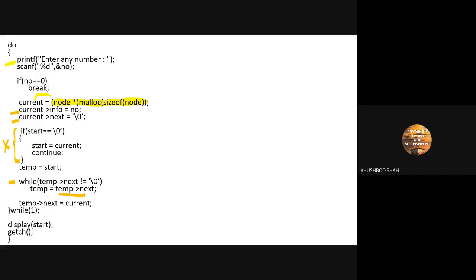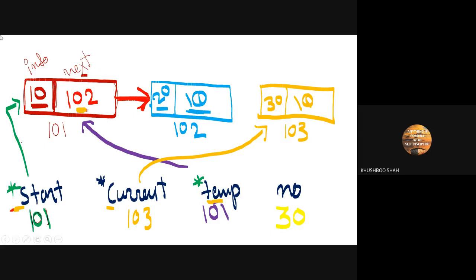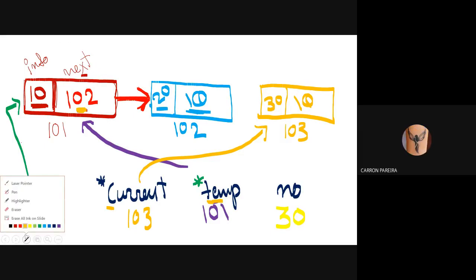What is there? The value of temp next we are going to assign into the temp. I repeat, the value of temp next into temp. What is temp next value? 102. That we are going to assign in temp.